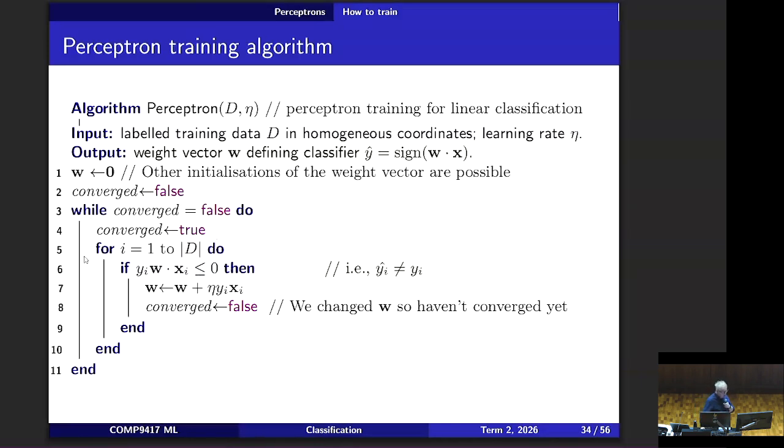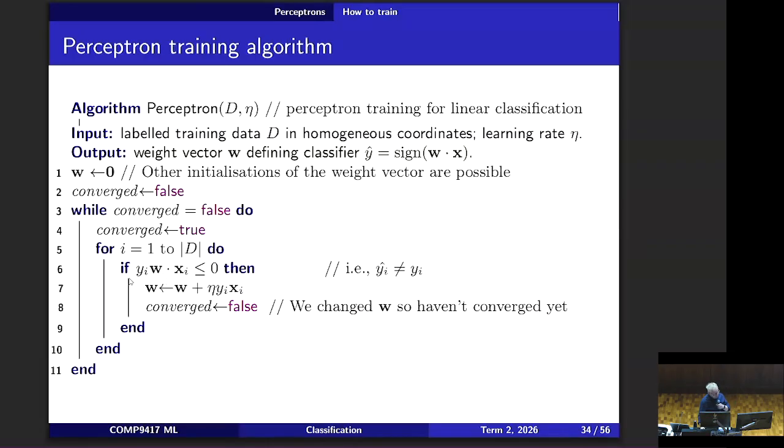this iteration, and then we run through, actually, I should say epoch, right? Epoch is neural network speak for one run through a bunch of data. And then each iteration, for every data point, every x, y pair, we go through and we check: is y times w dot xi less than or equal to 0? This is the criterion for misclassification, because if y is positive and w dot xi is positive, above the threshold,